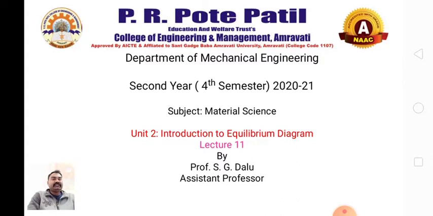In the previous lecture, we studied the iron-carbon equilibrium diagram. In the iron-carbon equilibrium diagram, we studied the different phases existing in it, that is alpha ferrite, cementite, delta ferrite, austenite, and the intermediate phases occurring in the invariant reactions, that is the peritectic reaction, eutectoid reaction, and eutectic reactions, that is ledeburite, pearlite.